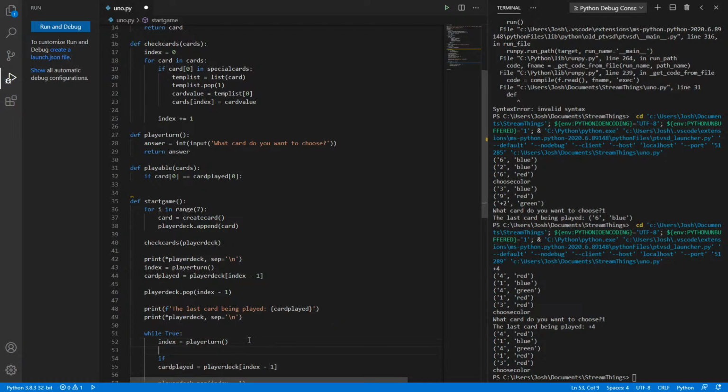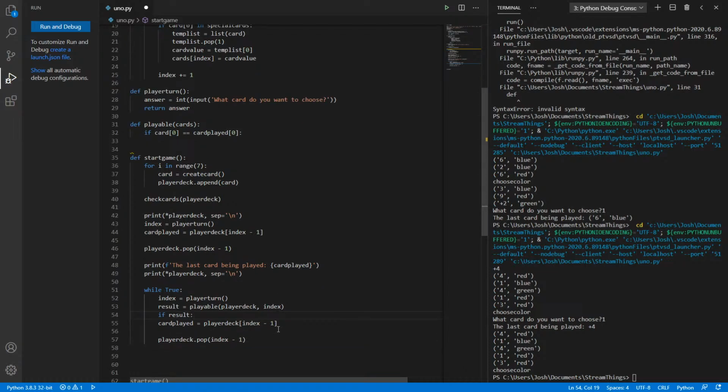It's gonna return a result of something. Result equals playable, with the player deck, right? And then I guess we'll do the index as well, since that's the card they're gonna choose. Okay, if result is true, then if it's playable, then do this. If the result is true, I want you